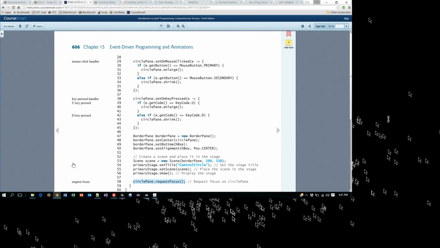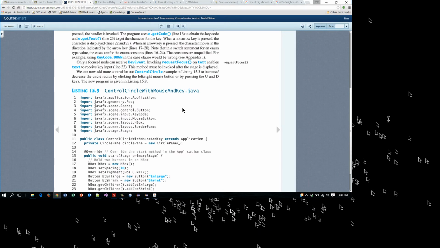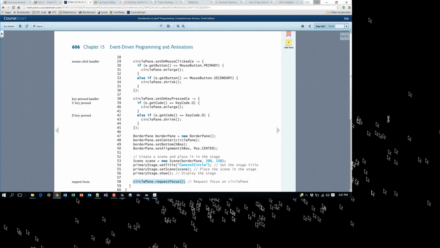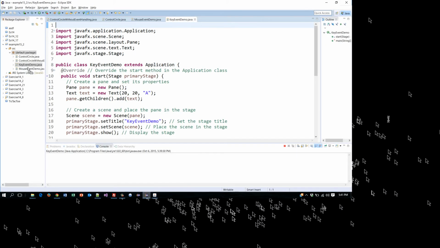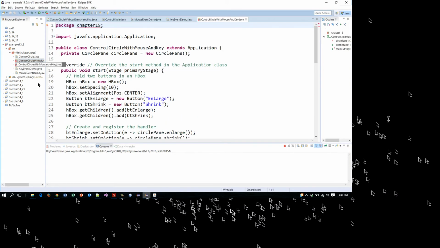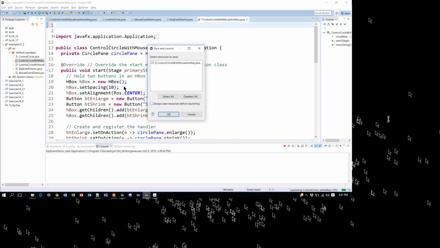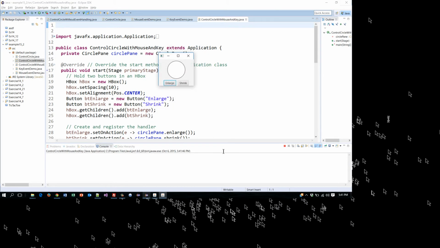And I don't know what it's called. So let's go back. Control circle with mouse and key. I'll bring that over to Eclipse. Drop it in, copy it over, open it. Let's get rid of that. You can see that the buttons work. And if you use our U, capital U,